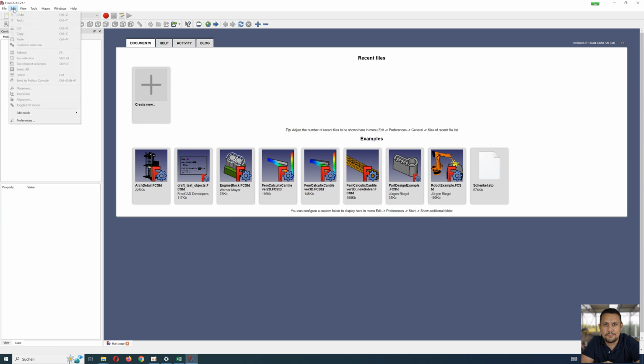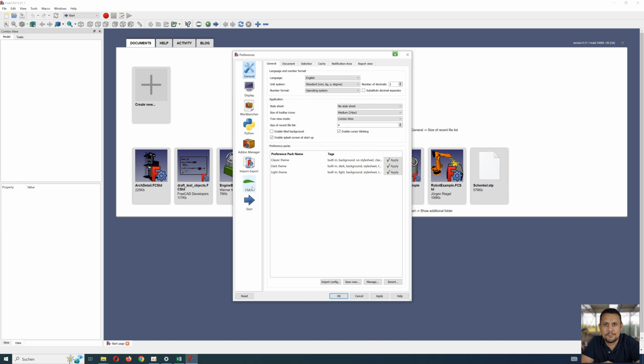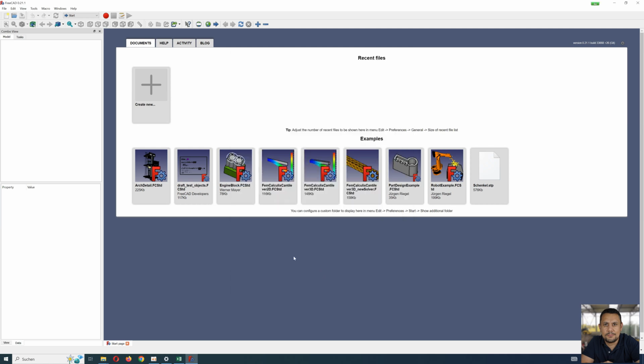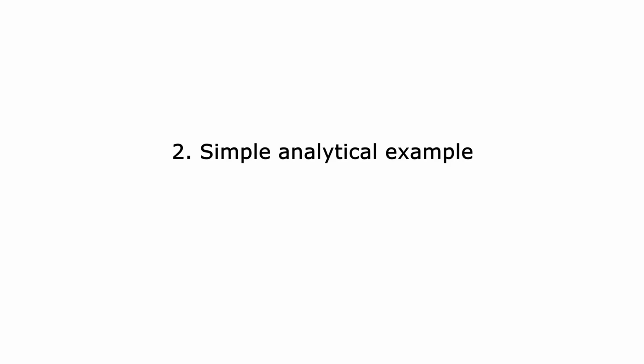After installation of FreeCAD and CfdOF, go to the menu Edit and select Preferences. In Preferences, you can see CfdOF and installed OpenFOAM, ParaView, CfMesh and HiSA. The software is now ready to simulate CFD, but before I start with simulation, it is helpful to calculate a